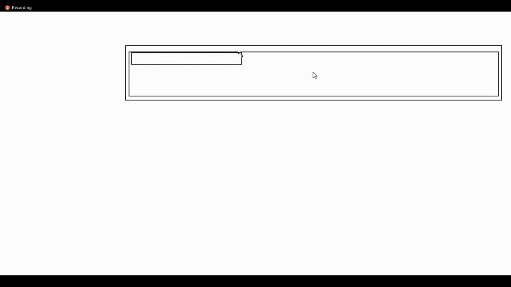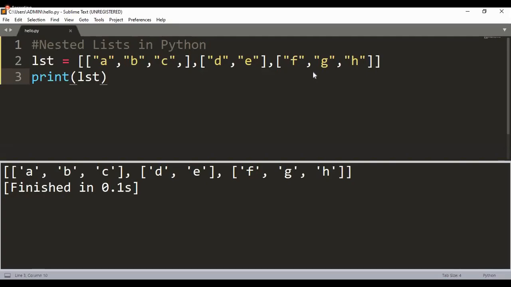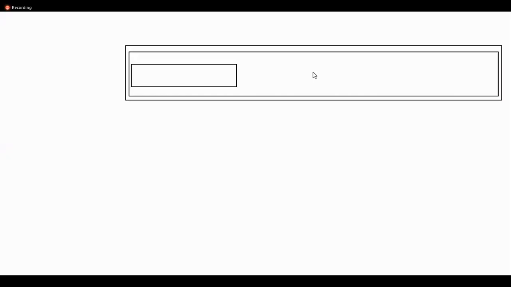What do you mean to say, sir? What I mean to say here is, if we go back to our program, tell me what is the contents of our 0th index list. It is A, B, C, which again happens to be 3 string values. So inside my list, it is going to contain 3 string values like this.